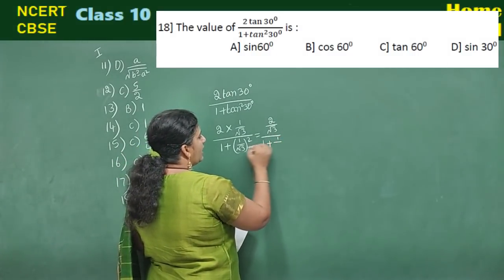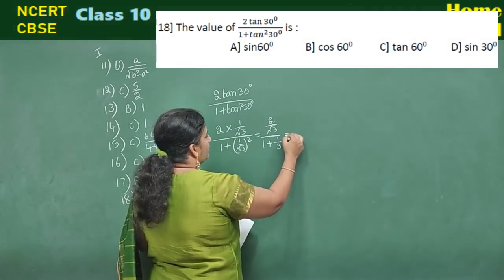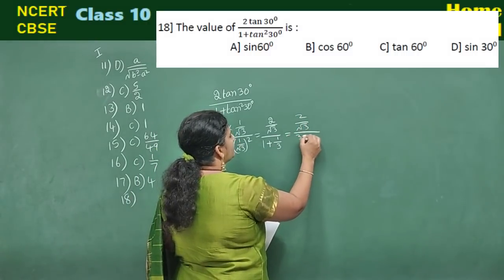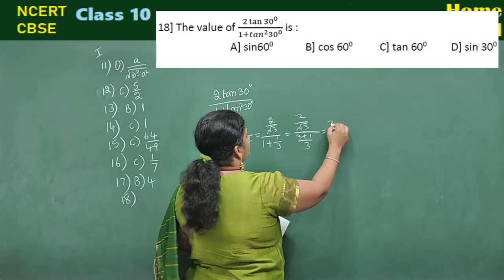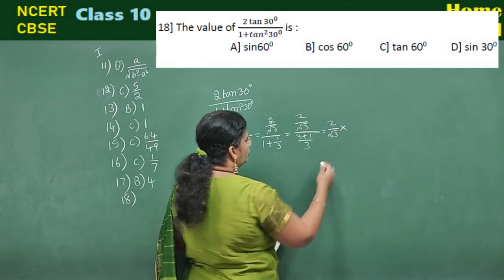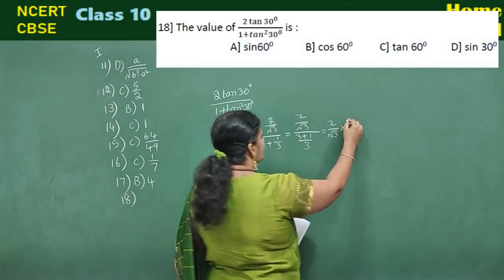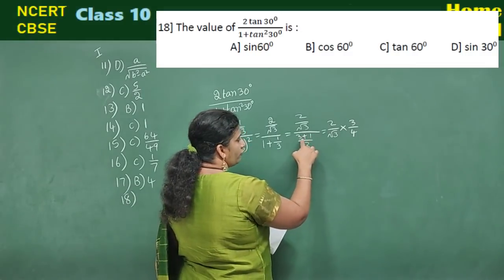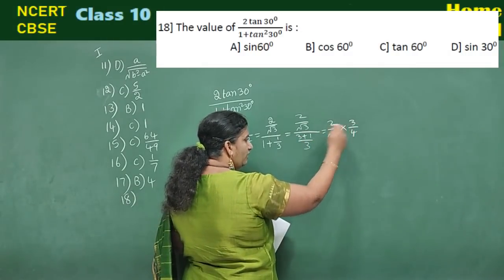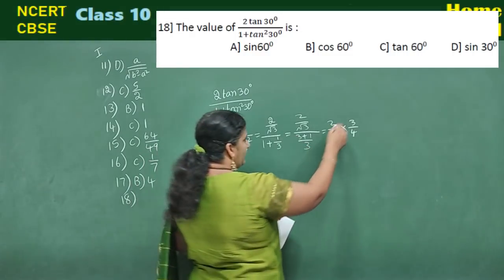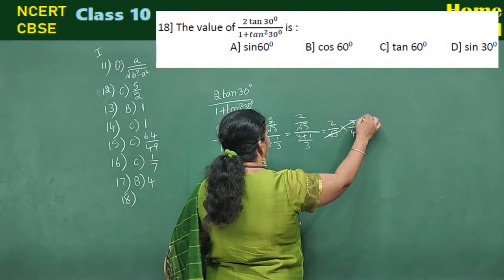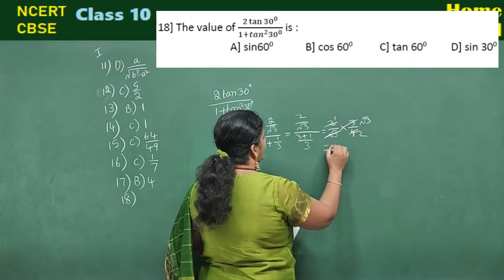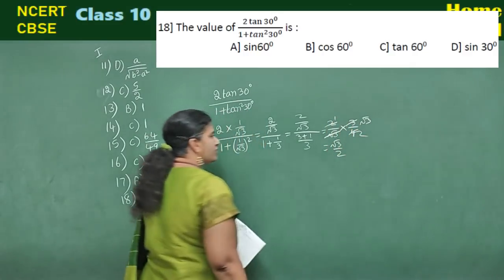1 square is 1 and root 3 square is 3. 2 by root 3, whole divided by, do the LCM, 3 plus 1 by 3. 2 by root 3 into, bring this up, that means do the reciprocal, it will be 3 by 4. 3 plus 1 is 4. 4 by 3, if you bring it to the numerator, you need to do the reciprocal and multiply. Root 3 will be cancelled. 2 ones are 2, 2 twos are 4. That means root 3 by 2 is your answer.